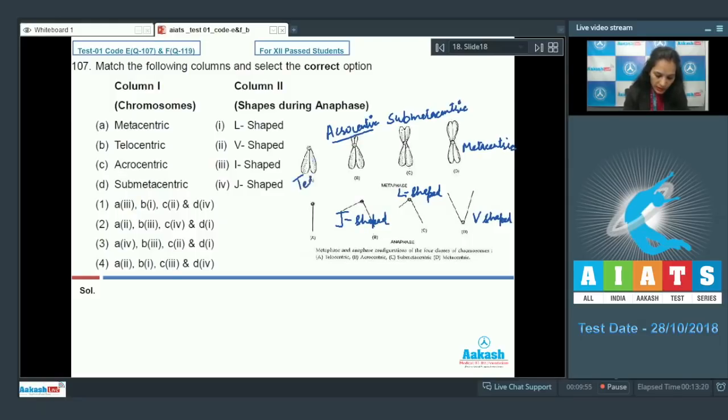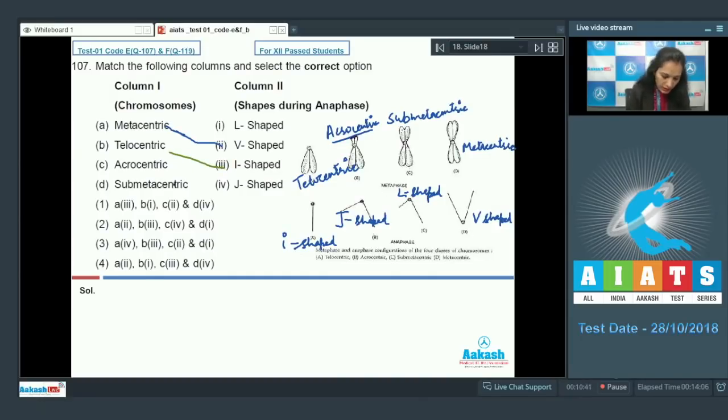This one is telocentric and this appears I-shaped. So you can analyze that metacentric, V-shaped, telocentric, I-shaped,